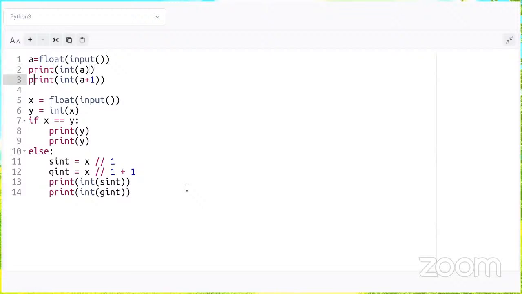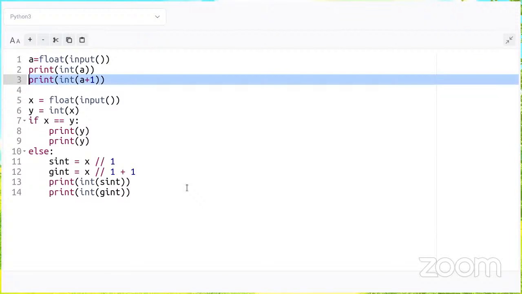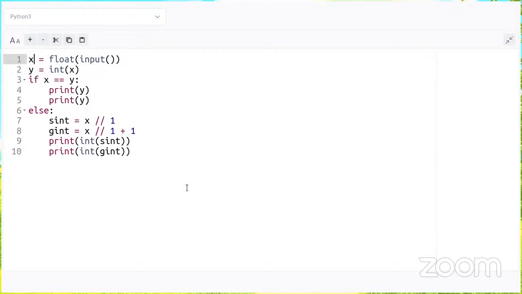I think Pawan also shared it. What is the basic thing here? We just discussed this, right? If a is an integer, if a is 5, you will end up printing 5 and 6, whereas you have to print 5 and 5. So the integer condition should be checked. For example, here Nachiket is checking whether x is an integer or not, like 0.0 as an integer. Others all will work with that code, right?